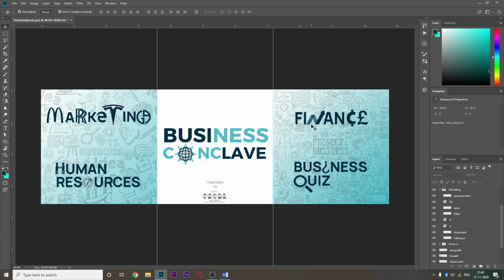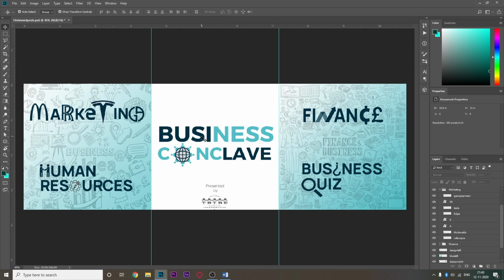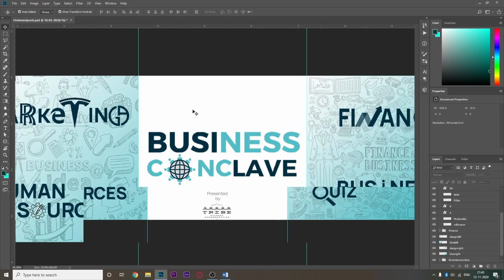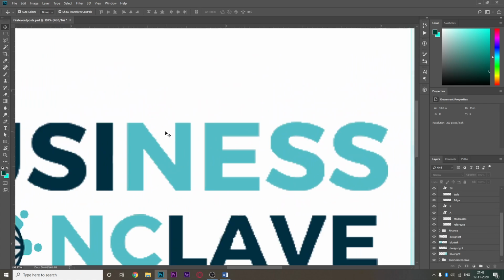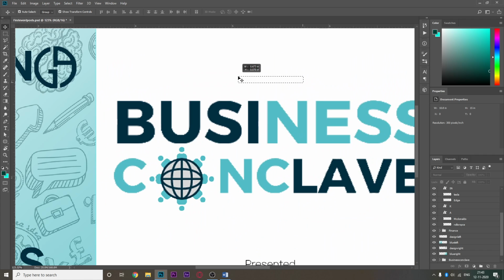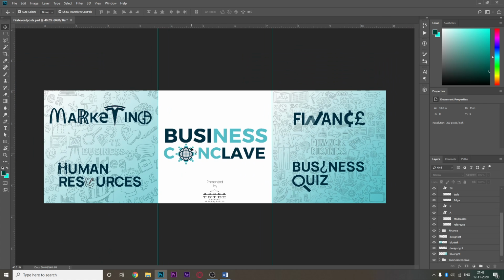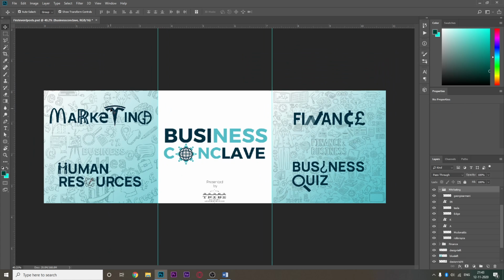And there is finance. Oh, something is missing. There should be a text here. Human resources. There is a text here which is missing again. Anyway, so I have this business conclave, and I was given only this part on my own, and I used these colors to start matching with here.